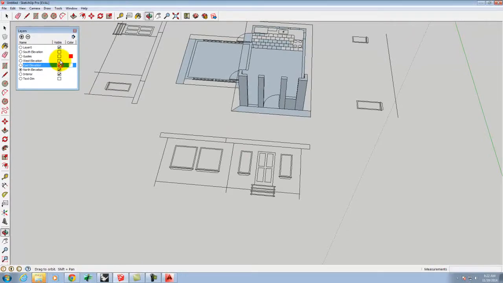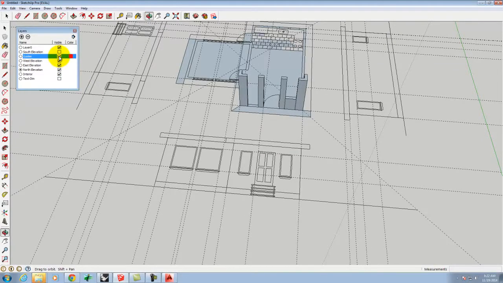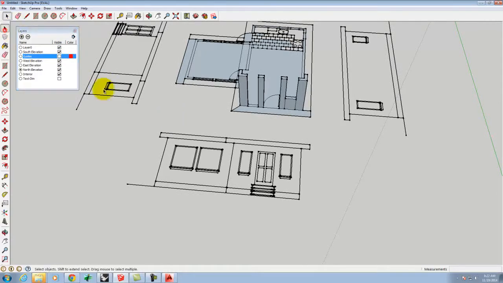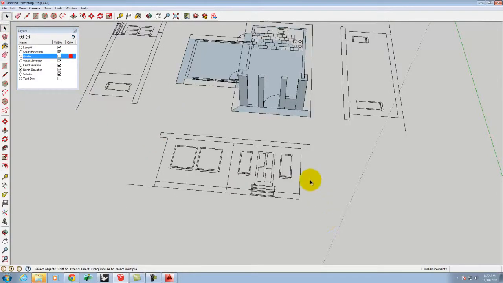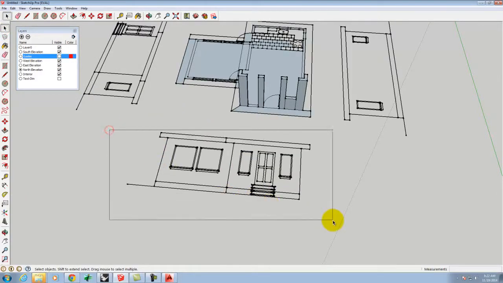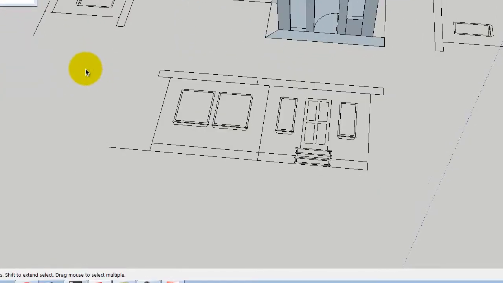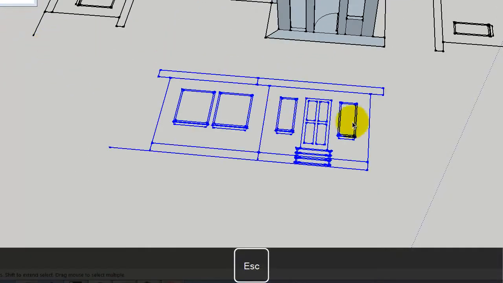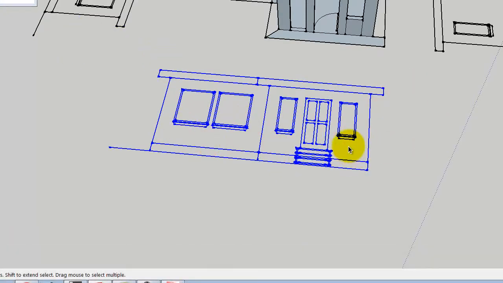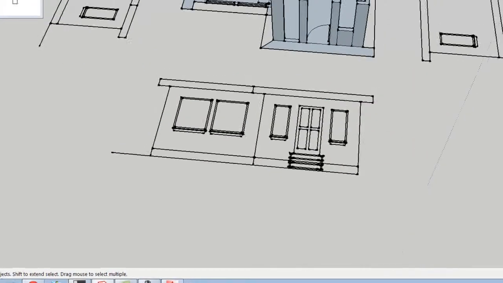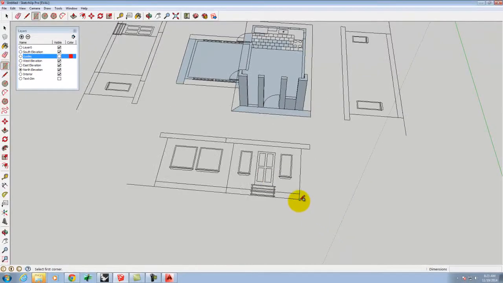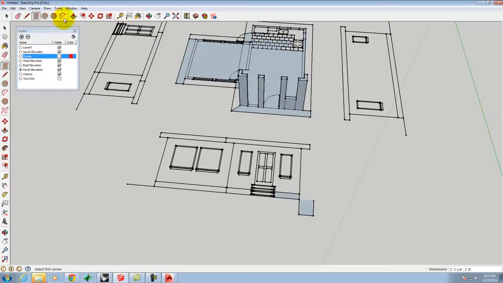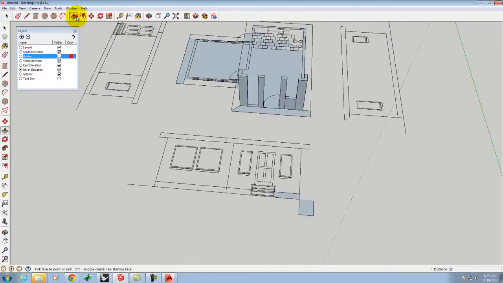Well, let me just see. It looks like I'm missing a few lines. I'll turn off at least the guides. There. Okay, so I'm going to take these objects here, I hope, there, and I want to rotate these objects. And rotating can be very tricky without some kind of a practice object. So I'm going to really quickly create a little practice object, a little rectangle here, using the push-pull tool,